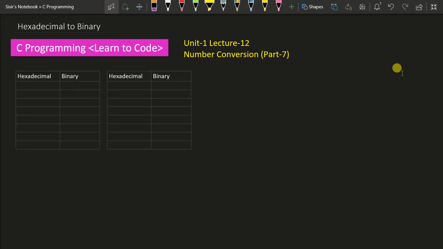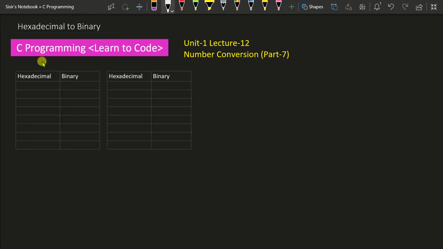To convert any hexadecimal number to its corresponding binary number, you have two different procedures. As with octal to binary conversion, where I discussed two methods, one approach is slightly complicated, and the second approach is called the shortcut method. I'll discuss both of these techniques to convert a hexadecimal number to a binary number here.